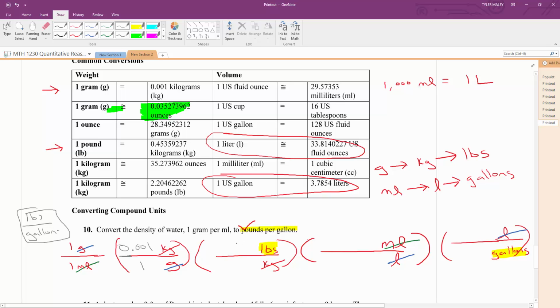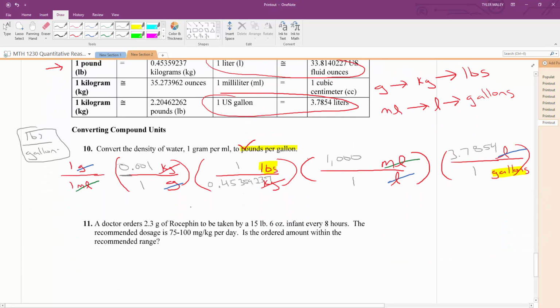So we know that 1 pound is equal to 0.45359237 kilograms, right? And then the milliliters to liter connection I gave you here. So there's 1,000 milliliters in 1 liter. And then we need liters to gallons. So I know there's 1 gallon in 3.7854 liters. So now I just multiply fractions, right? Just multiply straight across. So when doing so, this should give you